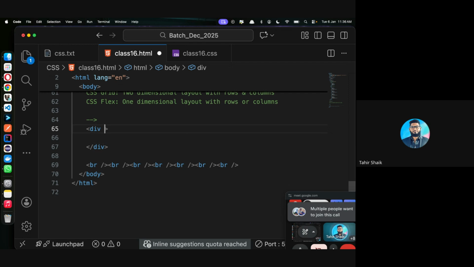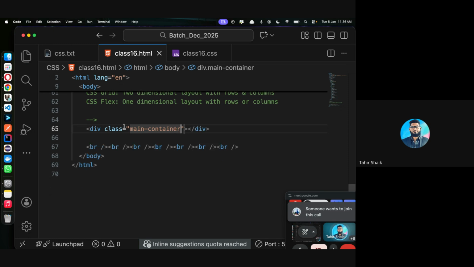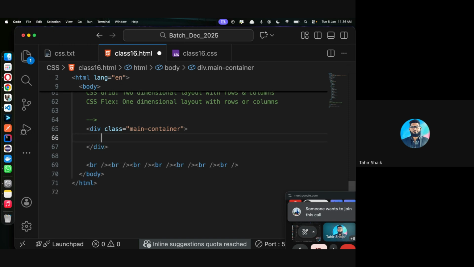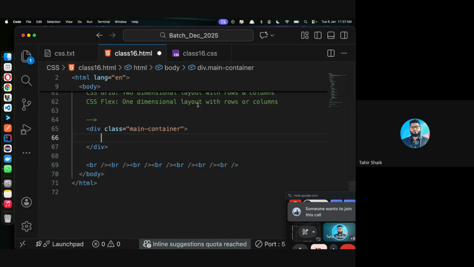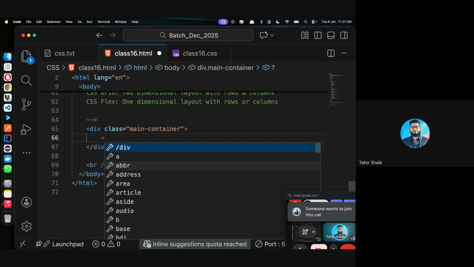Please mute. Okay, so ikkada nenu I'm just going to give some name, CSS grid or else main container. Okay, so ఇక్కడ నేను just main container అని దీనికి నేమ్ ఇచ్చాను. ఓకే, సో 1 2 3 4 boxes మనకు కావాలి, రైట్? 4 boxes కావాలి. So here I am going to take the div